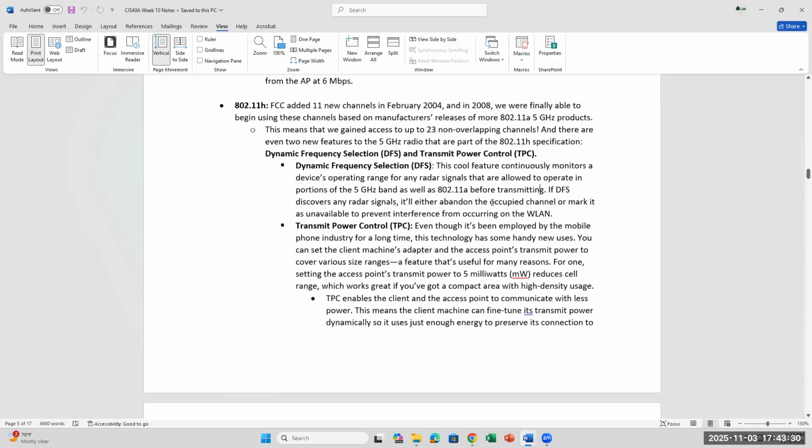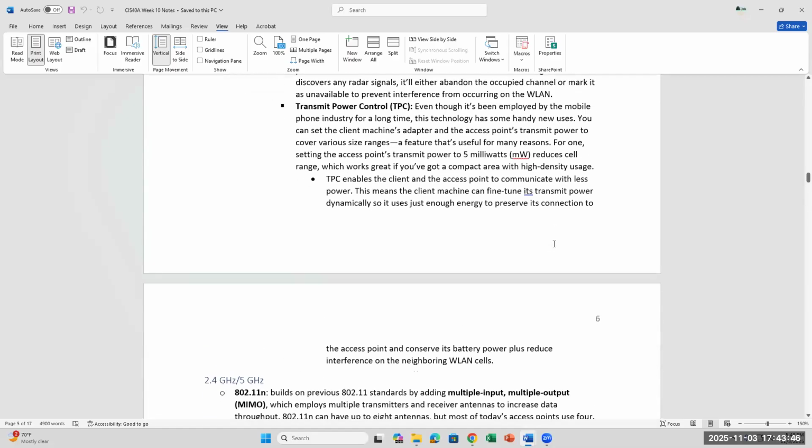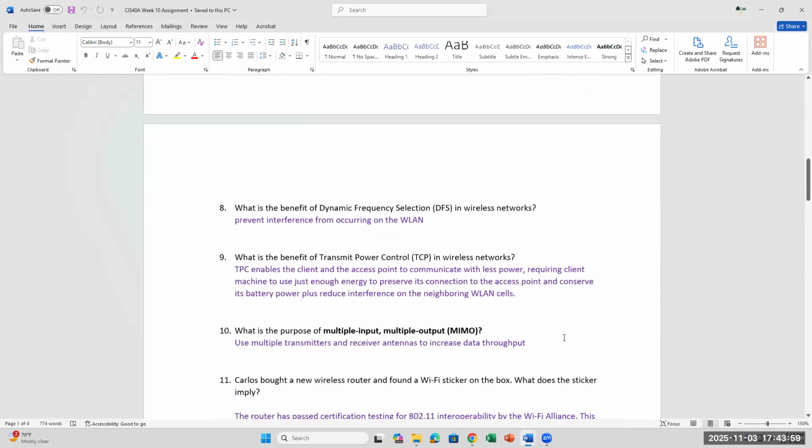Okay. And then it talks about TPC. This is for the phone industry. It transmits about 5 milliwatts, might not be a lot in the cell range. And so it allows you to connect to the access point and be able to transmit a small amount of power for it. Okay. So that will lead us to number 9. What is the benefit of TPC? I have it backwards. TPC